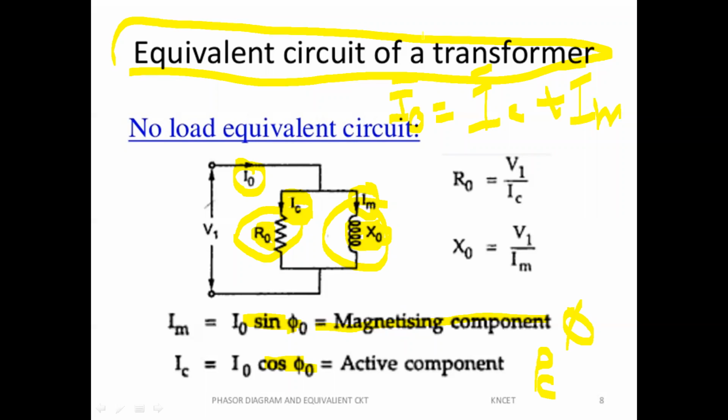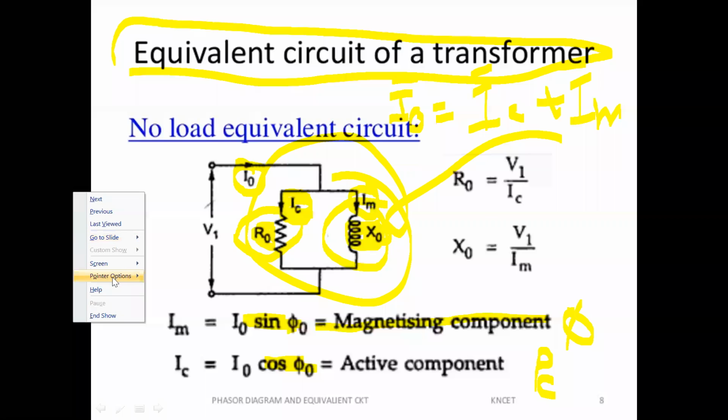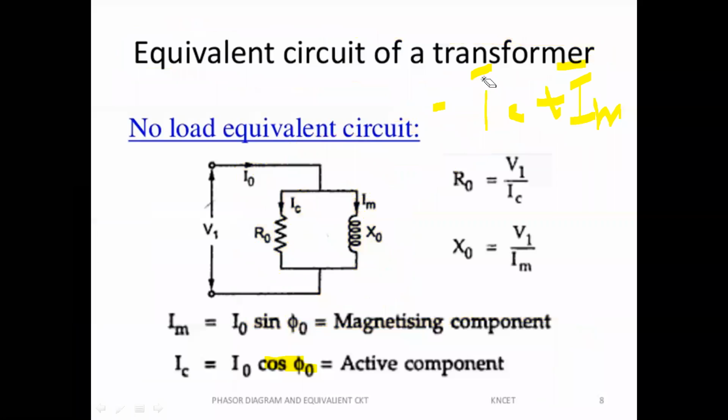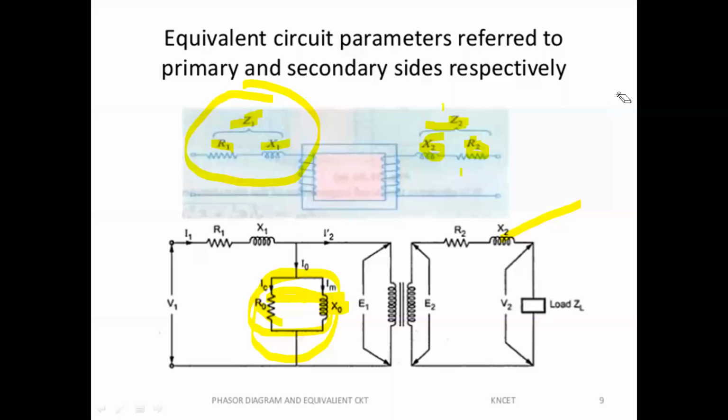These parameters do not depend upon load. They always exist in the transformer. When the transformer is excited from an alternating source, the shunt branch always exists. When load is zero, this exists. When load exists, this also exists. That means this circuit is independent of load. The purpose of this branch is to produce the necessary working flux and to meet the core losses in the transformer, because the transformer winding is always excited from a voltage source, so there are core losses. This is the no load branch or shunt branch.